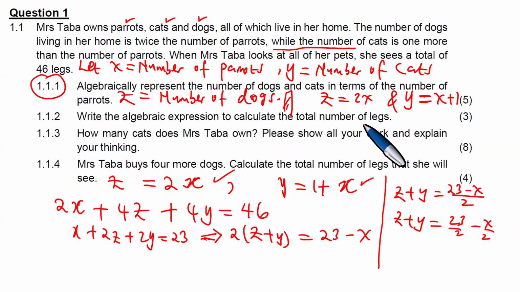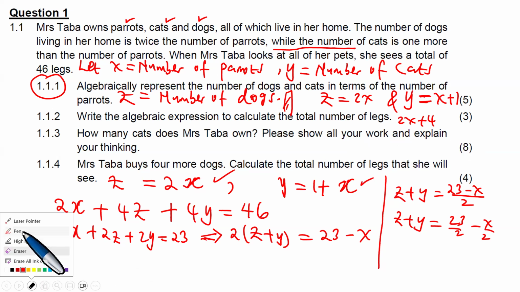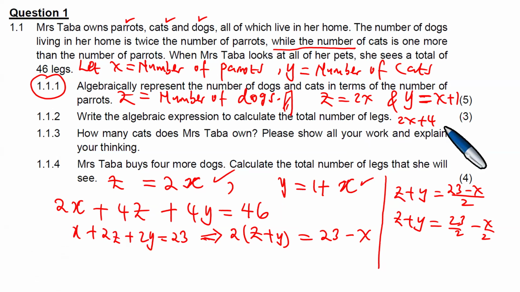Right. So the algebraic expression to calculate the total number of legs, you can write it in many ways, but you can write it like that. You can write 2x plus 4z plus 4y equals 46. In that case, you can leave your answer like this,